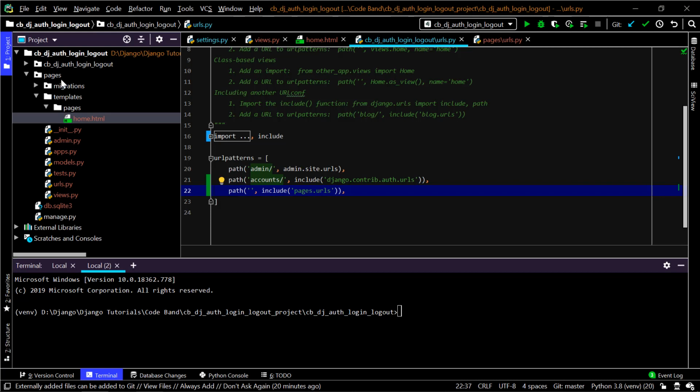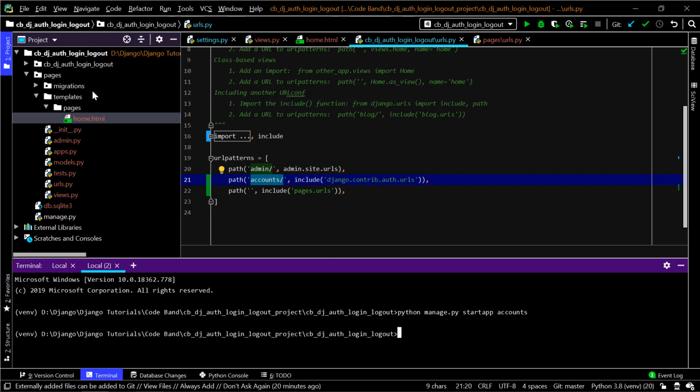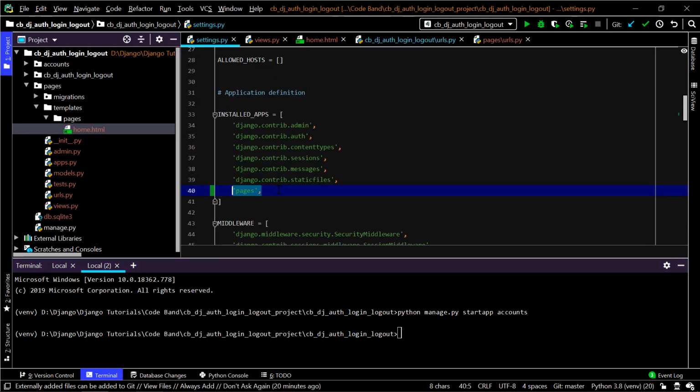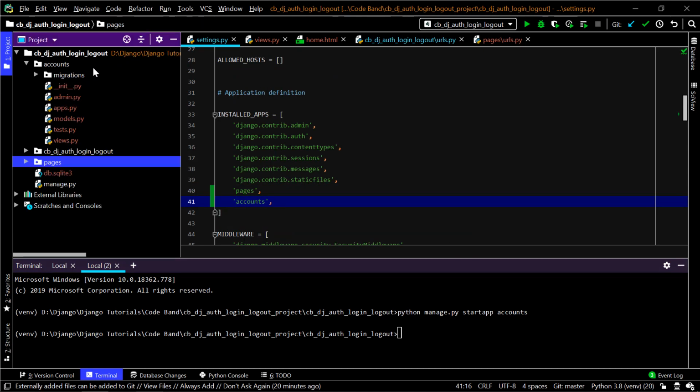In order to manage all the account related stuff like login, logout, password changing and all that, I'll make a new application. So I'll say python manage.py startapp accounts. So that is created. Now in the settings.py, I'll just add accounts there, and in here what I will possibly do is